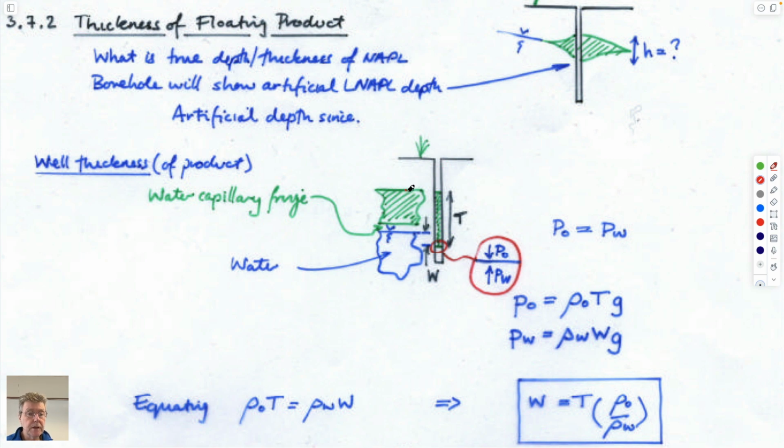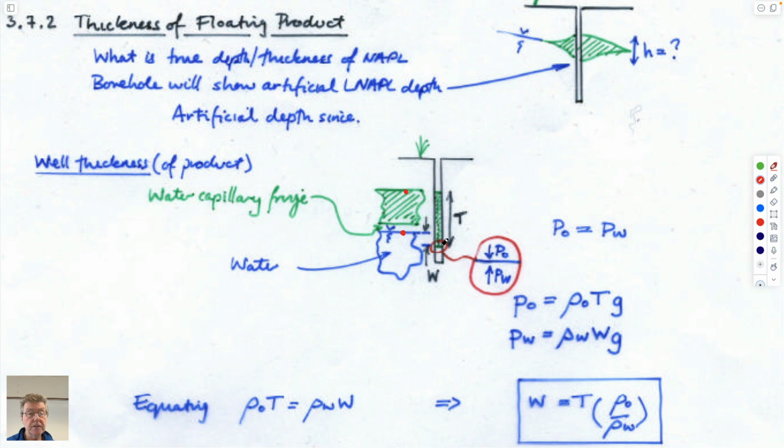So by definition, in the oil, this point here is atmospheric pressure. By definition, in the water, this point here is atmospheric pressure. And so we can use those two pieces of information to figure out exactly what this height might be if we think it's going to be different from the true height in the aquifer. So this is what you measure if you go into the well bore. You'd measure a thickness of this stuff that is T in height, and you can measure that. But we'd like to take this and relate it to the actual height. So we know at this point here, if you look at that interface, the pressure acting downwards is going to be